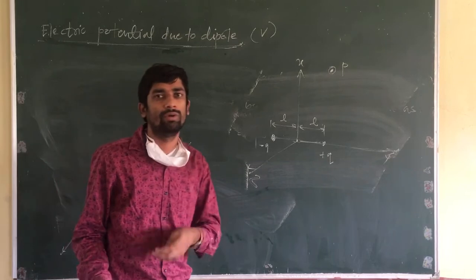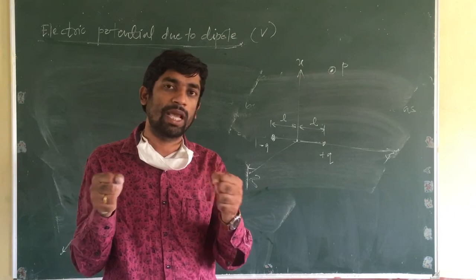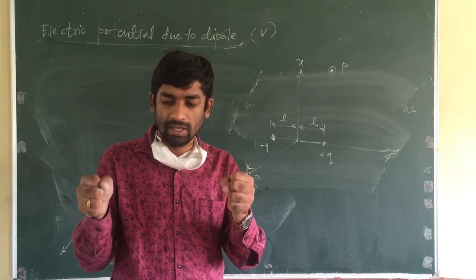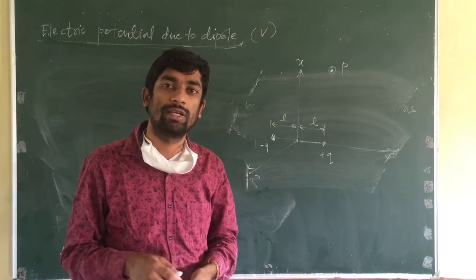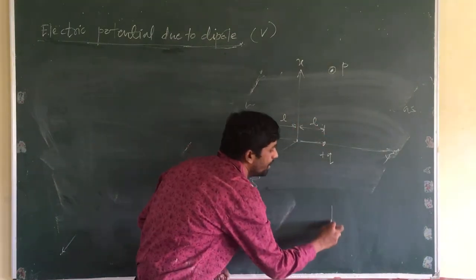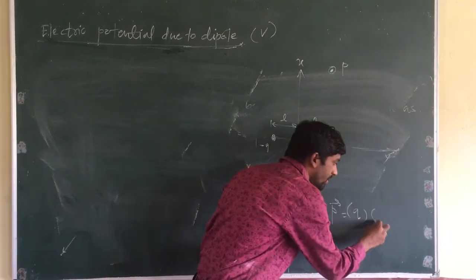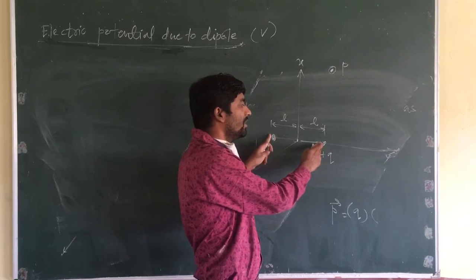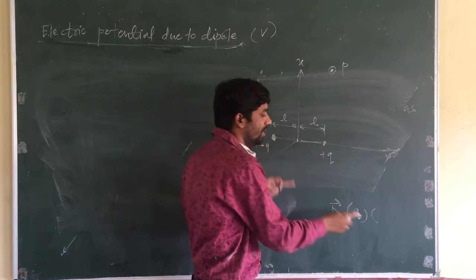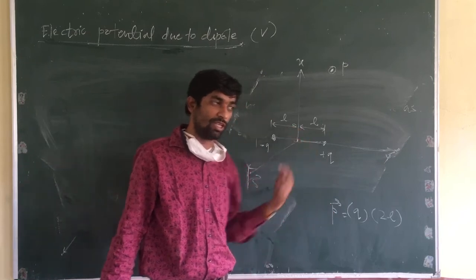Now you know what is meant by a dipole. Dipole means two charges, the same in magnitude but with opposite polarity. If one is positive, another is negative, separated by a small distance, then that is the electric dipole. And the electric dipole moment is given by P equals Q into the distance. If the distance between the two charges is twice L, here to here L and here to here L, that is Q into twice L. That we have to use in this expression.